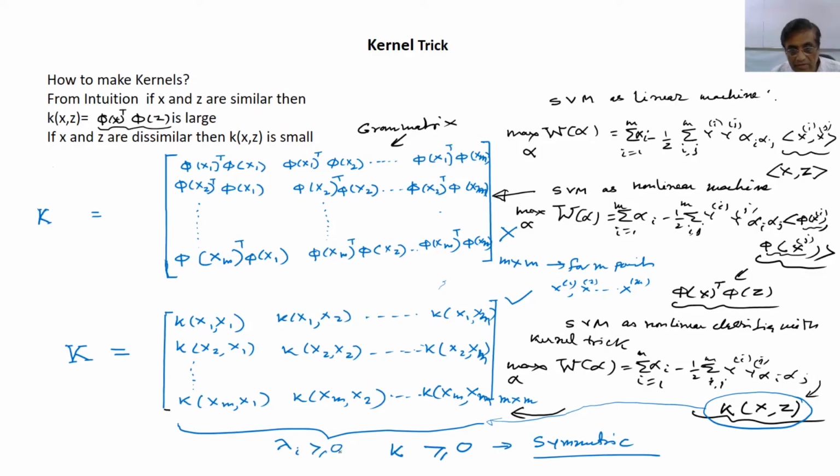This is the definition of positive semi-definite. Positive definite means this. So, we will prove afterwards that your kernel function will be a valid